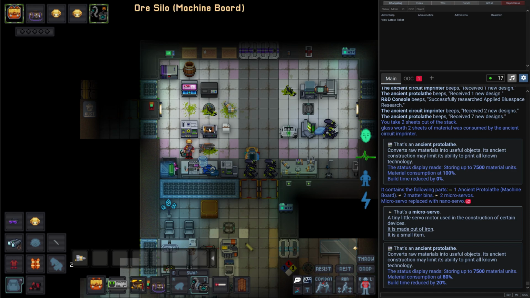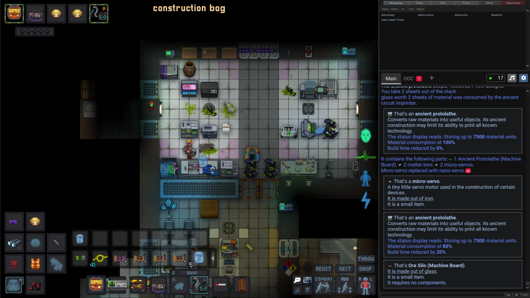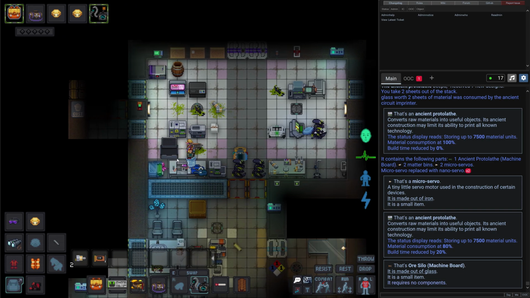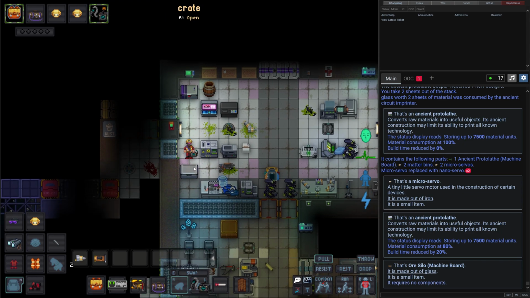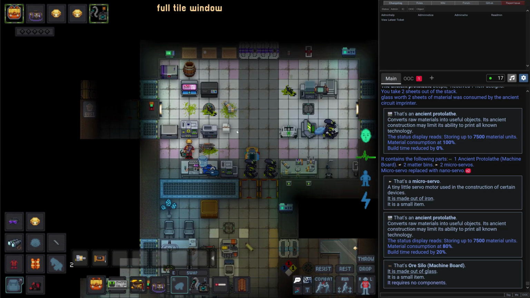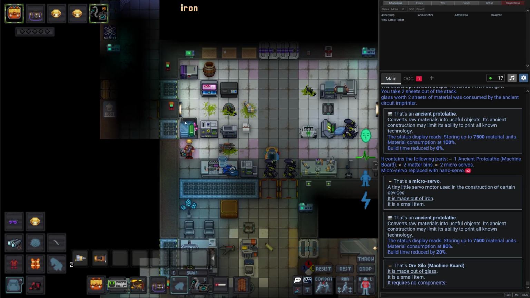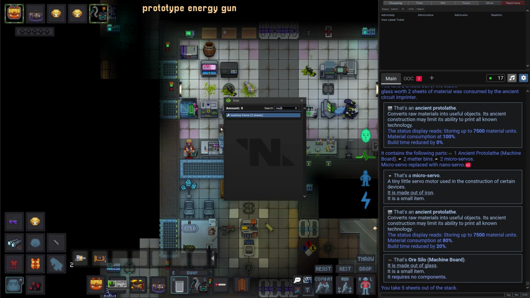Okay, what else can we do? We can put some machine boards in it, and different other materials like beakers, electronics. And when I want to build a machine, let's say that I want to place this ore silo in this corner. I'll put this back here. I will grab some iron for myself. So I need only 5 sheets, and I will make a machine frame